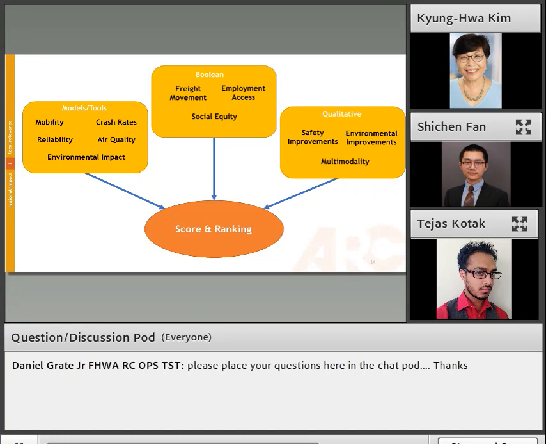The third bucket is what I call the qualitative bucket, and this considers safety, environmental, and multimodality improvements to a project. Project sponsors submit to us a written description or a written list of what the improvements they are considering are going to be. Professional staff sit down and figure out how we want to score these, and we do quantify it in the end, but the process to get to that quantification is still more qualitative and talking through with professional staff. And this is something we're hoping to make more numbers driven in the future.